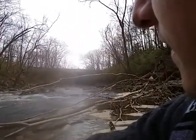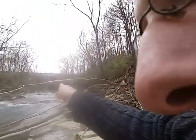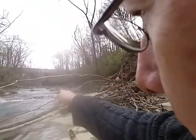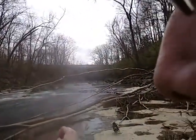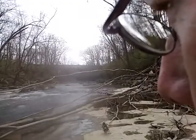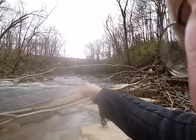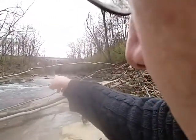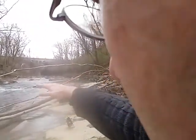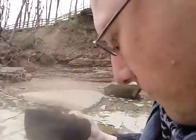Ignoring the man-made debris here. But even just the different layers of the falls out there, the little rapid bits here, the rapid bits over there, just the small subtle differences between them. How this one over here has a kind of dip. This one right in front of it, I can't even tell if my hand's in shot. This one right here is just kind of more of the layers. And then with my gloves and hat,